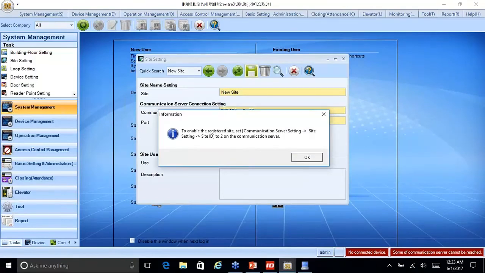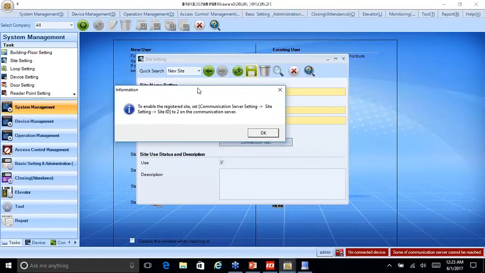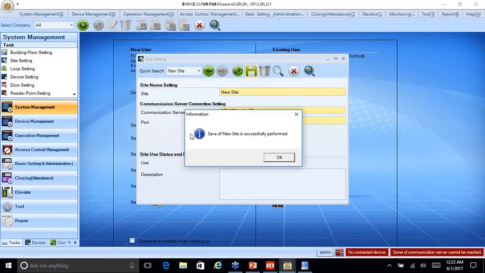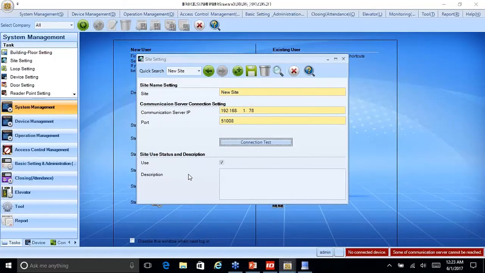Ta-da! There you go. What does this information window say? It says to enable the registered site, go to Communication Server Setting, Site Setting, and change the site ID to 2. Which means,